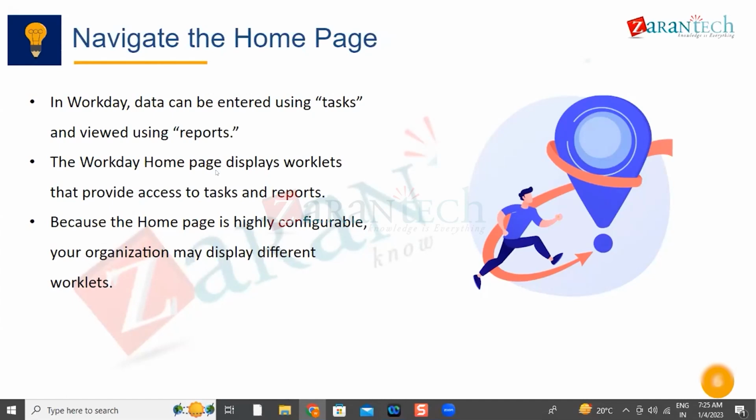Now this is what I tried to tell you earlier. In Workday, we use these names very, very frequently: tasks and reports. Most of the time we use these two words very much in Workday life. We also see the worklets, as I already told you, and on the homepage,